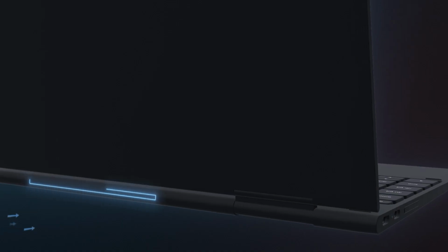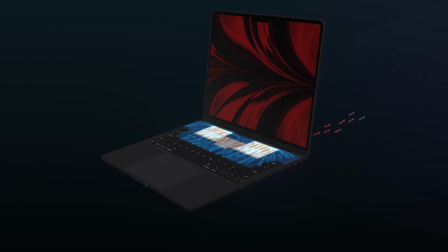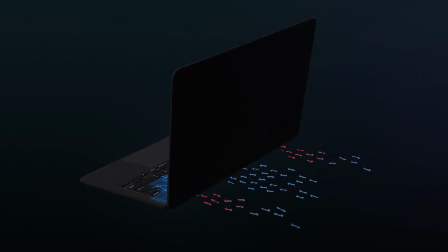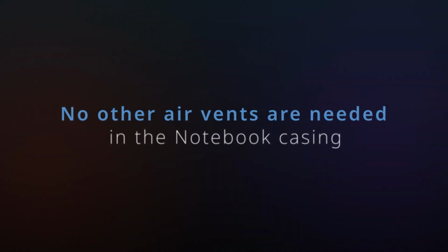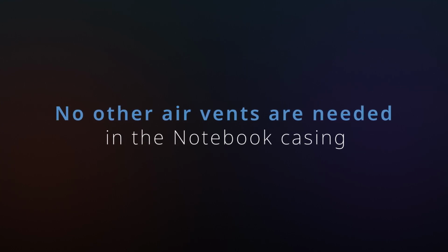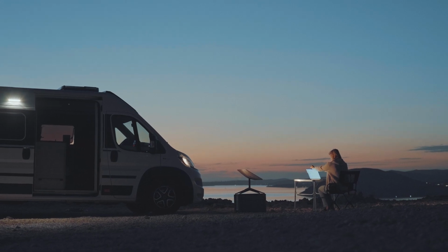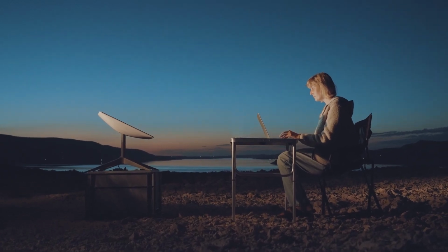The notebook casing is designed with discrete air vents in the rear: an air inlet vent in the center, directly behind the processor, for cool ambient air to enter, and exit vents directly behind the 4 AirJet Minis to facilitate easy ejection of hot air. No other air vents are needed anywhere else in the notebook casing, making for a sleek design. Moreover, thanks to AirJet's high back pressure, the inlet vent can be covered with air filter material, rendering the